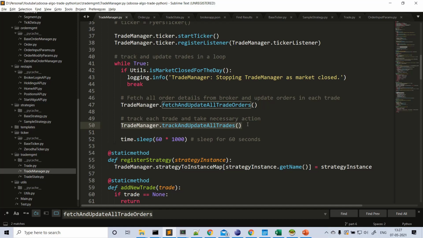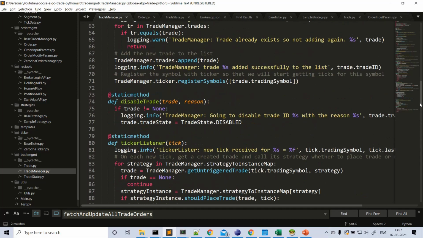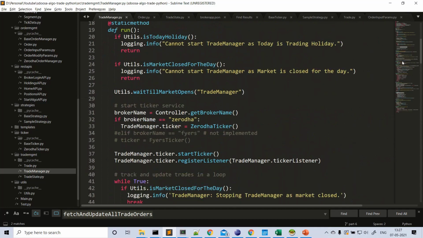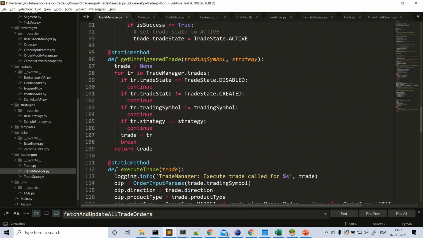Also, after that we'll try to implement the square off time. So if none of them got executed by 3:15, then we'll square up. That is another functionality, and again that will also be part of this trade manager. So the trade manager code will become big going forward. I am trying to put things as simple as possible inside the trade manager so that everybody can easily understand this.